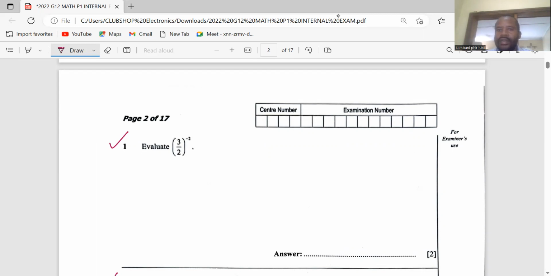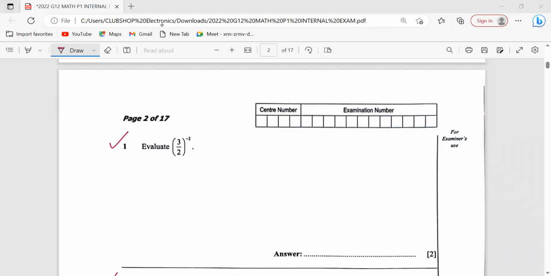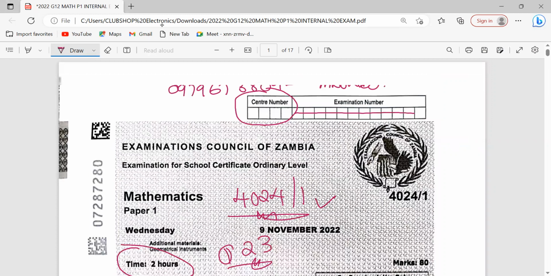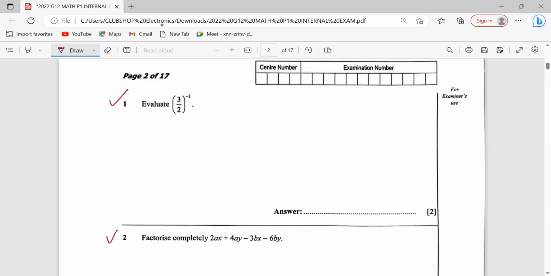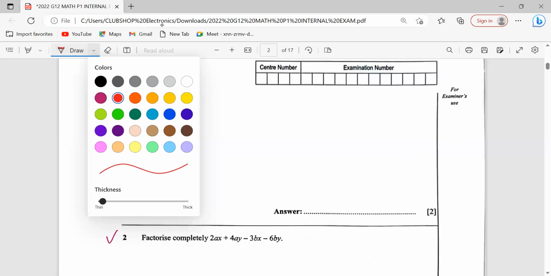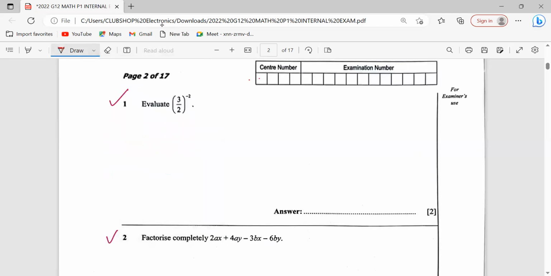Okay, let's proceed. So in this case, we can tackle the first one. What are we saying? We are saying to evaluate. To evaluate may mean that we should be able to get the final solution where we can. Don't forget to indicate your center number as well as your exam number. So evaluate 3